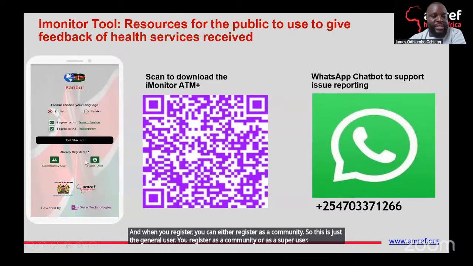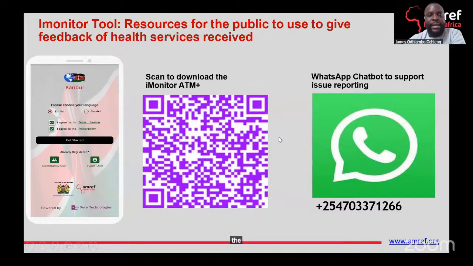So just to mention something on super users, we have the duty bearers that we've sensitized on CLM across the 25 CLM counties, and we've given them some access to the back end of the system, and they're able to see the issues that are being raised.